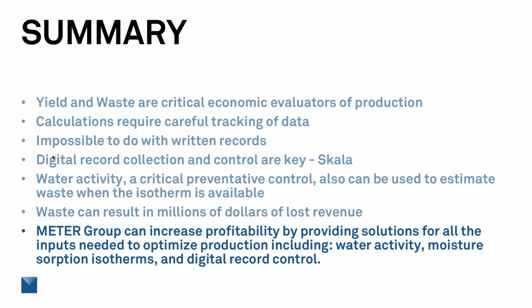And so with that, plus having an understanding of the importance of water activity, the possibility of over-processing that can result in lost revenue, all of that comes together within the SKALA system to give the possibility of having up on a screen within the QA lab or within the production facility exactly your efficiency, what is your batch score, how close are you to 100%, and what is your real-time yield. And then every time you make changes, the screen's going to show the result of those changes. So people are able to see real-time the effect of their work, how much they're contributing to the company. And so in that sense, it becomes a very effective tool to take to a next level the ability to optimize and make efficient the production process.